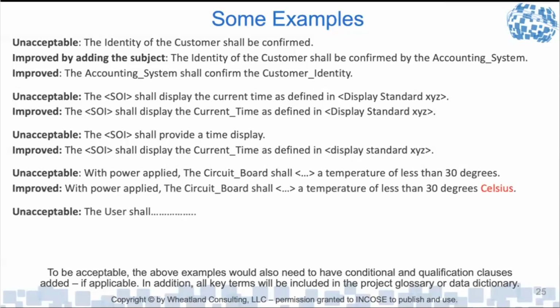Not acceptable are requirements that say the user shall. So in a product spec and design input requirement, we shouldn't have any requirements to say the user shall. Likewise, we shouldn't have something like the system of interest shall be designed to. Again, it's passive voice. And like I said, it violates the subject verb thing because the system of interest is not